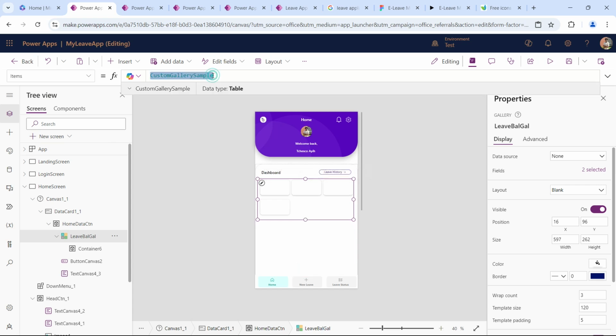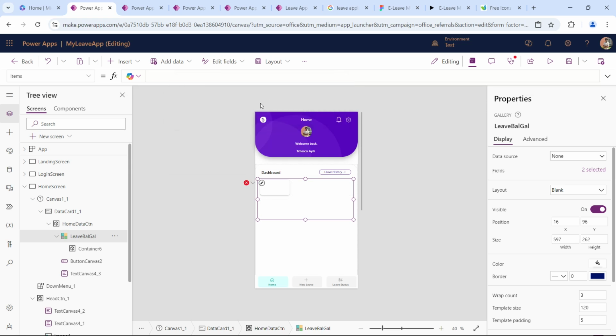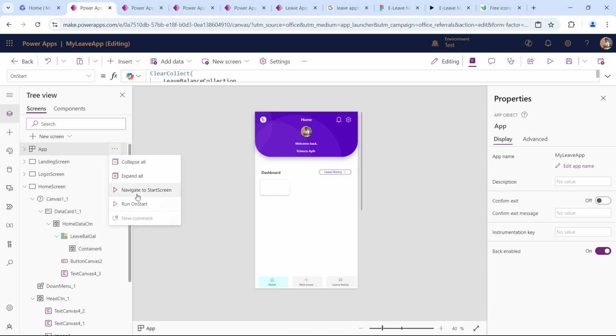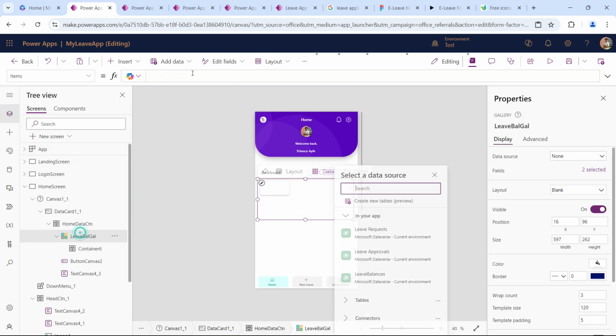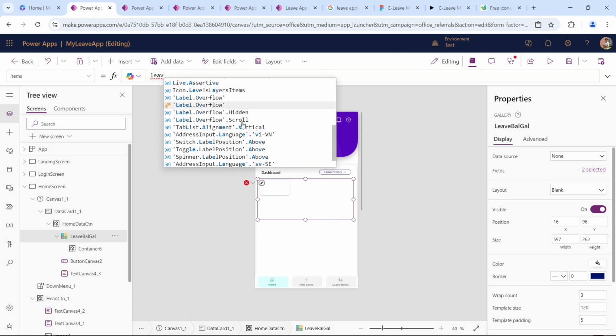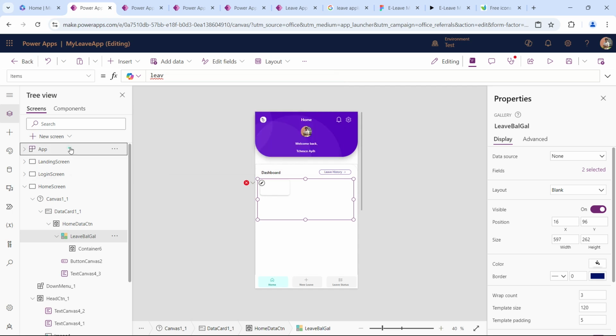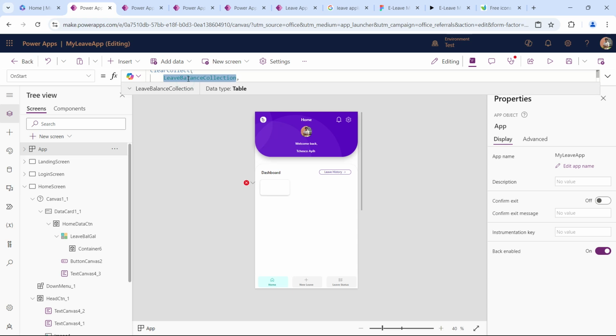And then the balance, I think the collection is leave balance. Oh no, you have not done the clear collect, you do a run on start to have it. Oh, where is this? Come in, let me quickly just copy it